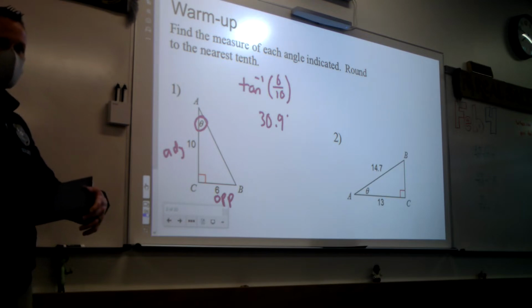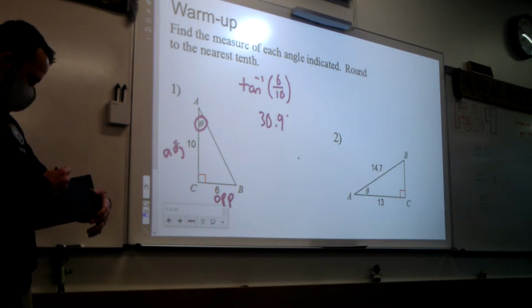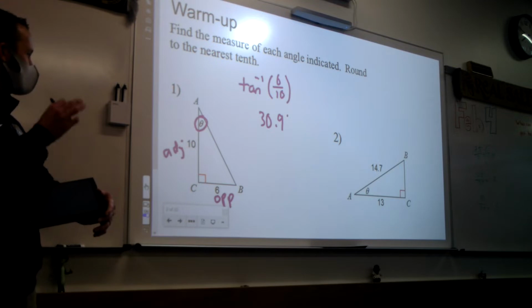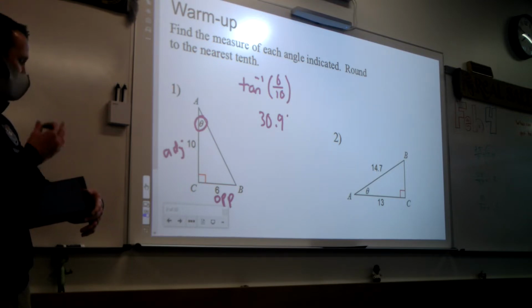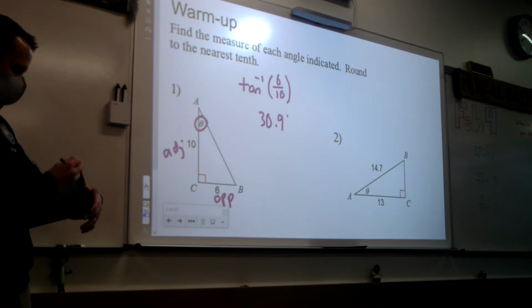You guys agree? So tangent is opposite over adjacent, so she just did the inverse tangent of that. Boom, got that. Now, can I show you technically how we would do this? She kind of jumped a step, which is just fine, but just for our thinking of this lesson, we would